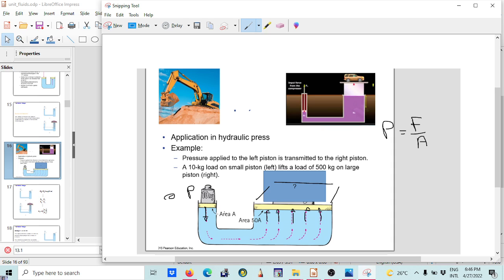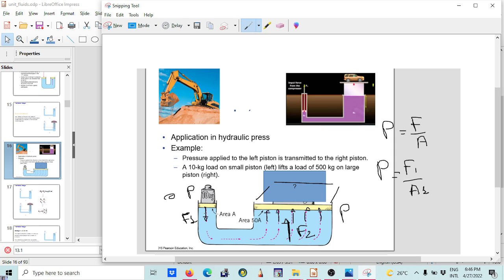So here you're going to apply a force. I'm going to call that F1, and here I'm going to apply another force, F2. So I'm going to call that P, and the same pressure here is P. So here I have P equals F1 over A1, and you're going to have the same pressure here pushing up, same pressure that you have here pushing down,